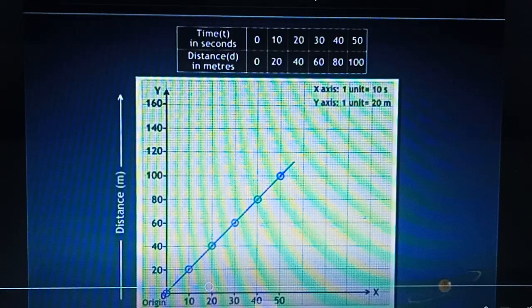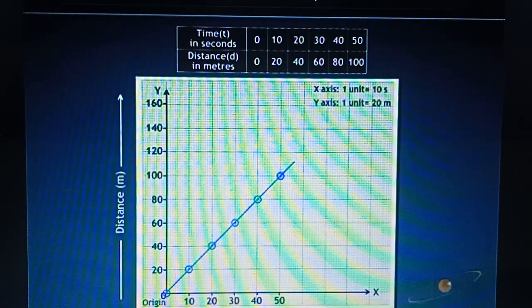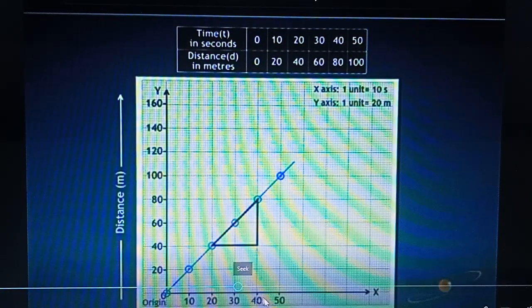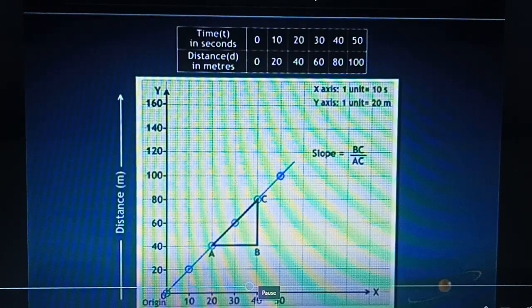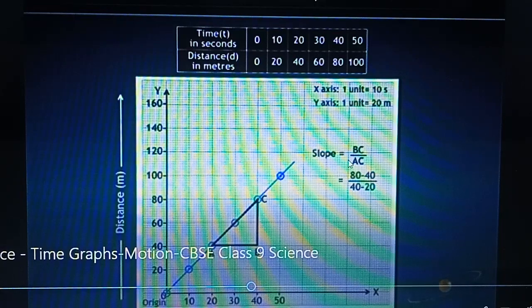Distance time graph is useful for calculating the velocity of that object. Suppose we are having this table for a car, how much distance it has covered in specific time. So we can calculate the speed of this car using this graph. We will be plotting a right angle triangle by dropping perpendiculars from the x-axis and y-axis. We will be making a right triangle, namely ABC. Now we'll calculate the slope. Slope is y-intercept upon x-intercept. Y-intercept is this BC and x-intercept is this AC. BC upon AC is equal to the slope.